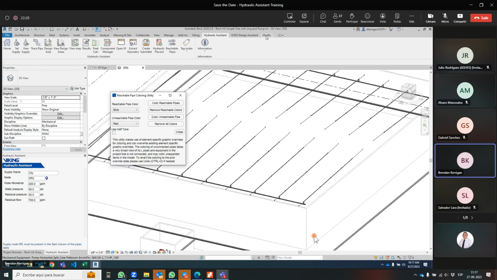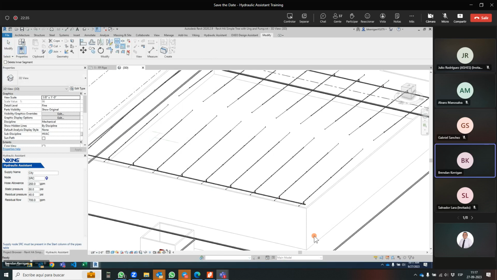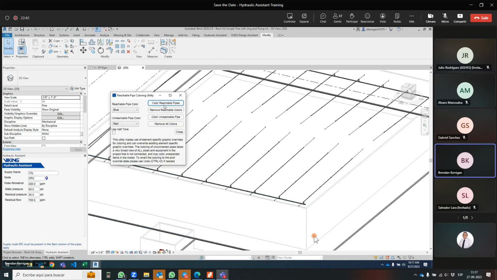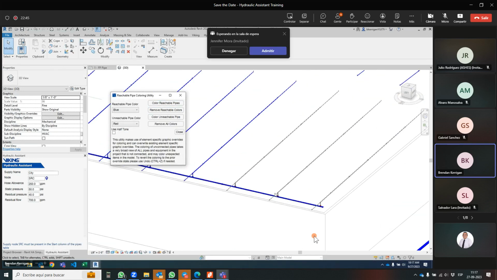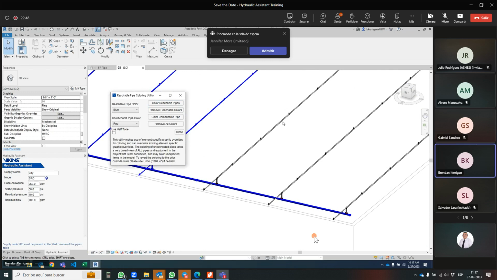So to give you an idea of what that will look like if not everything was reachable, I'll go to my Modify tab within Revit, use the split pipe command, and I'll just break this pipe over here to cut off a couple of these branch lines. Cancel out of that command, go back to my reachable pipes utility, color the reachable pipes, and you can see here that these branch lines are no longer colored in blue, and they wouldn't be able to be represented in